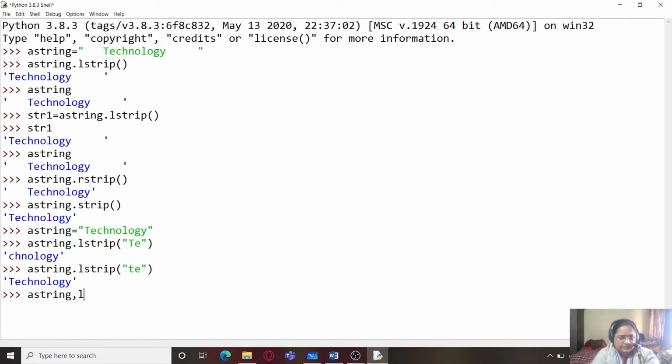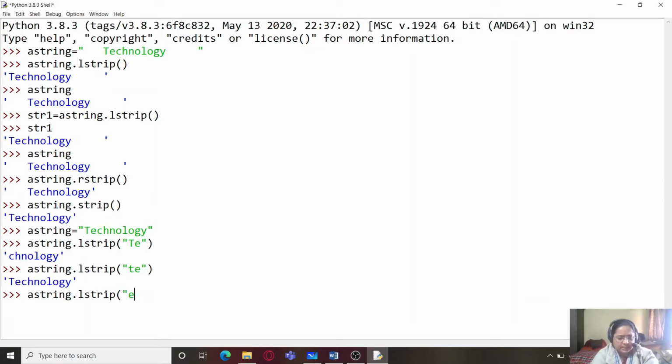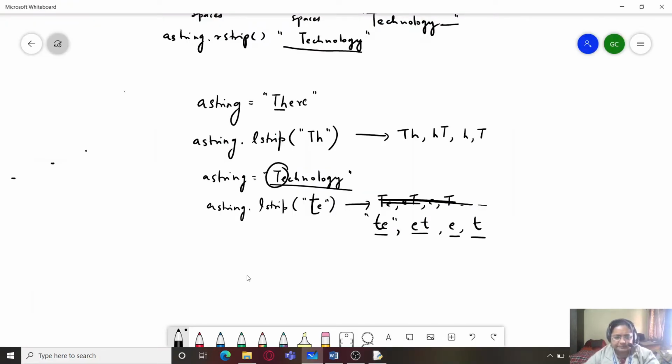Let us try lstrip ET, small e, sorry, E and capital T. So you can still see that TE has been removed. Even if we are using ET here, the combinations are ET, TE, capital T and small e.